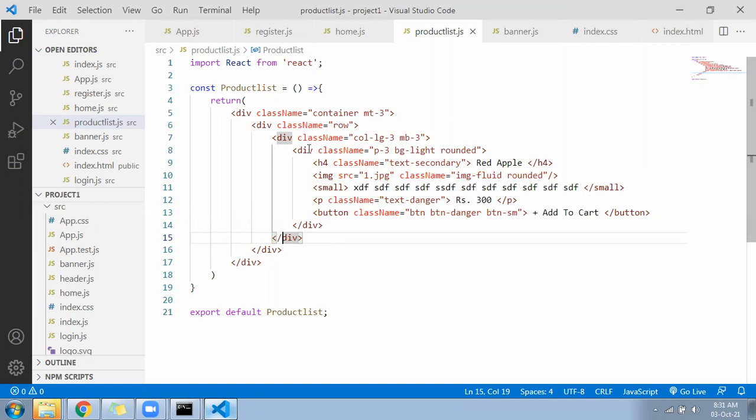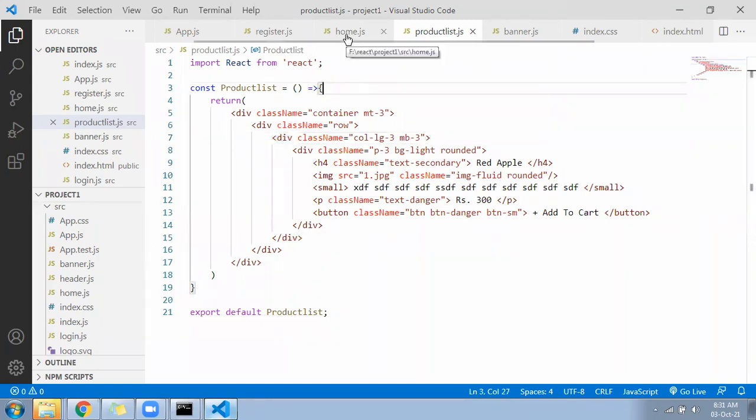Okay, hope one product is done. Now we will save the file and check whether one product is coming or not. Come to your home component.